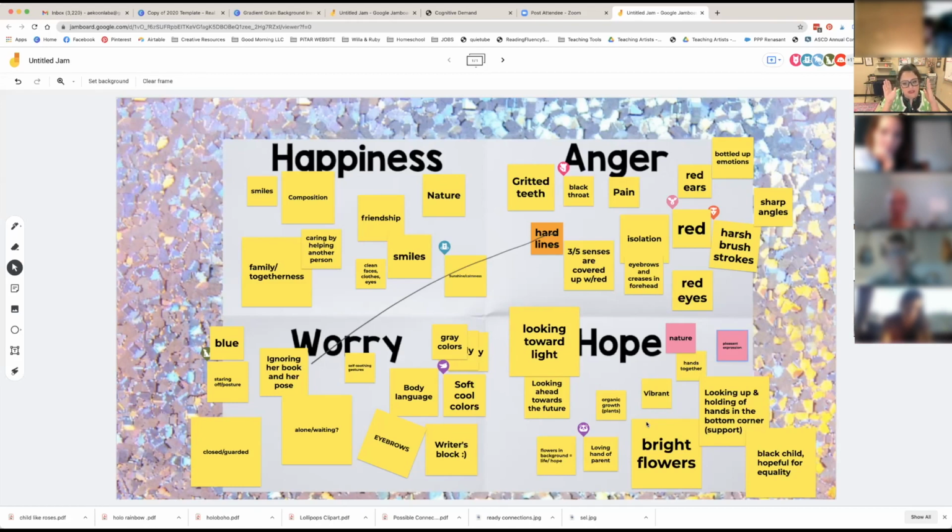identify feelings. And that's a social skill, being able to read someone, being able to identify your own feelings and what that means. Am I feeling happy? Am I feeling hopeful? And here, I think we have a lot of students who get into the anger and the worry and can't get out of it.